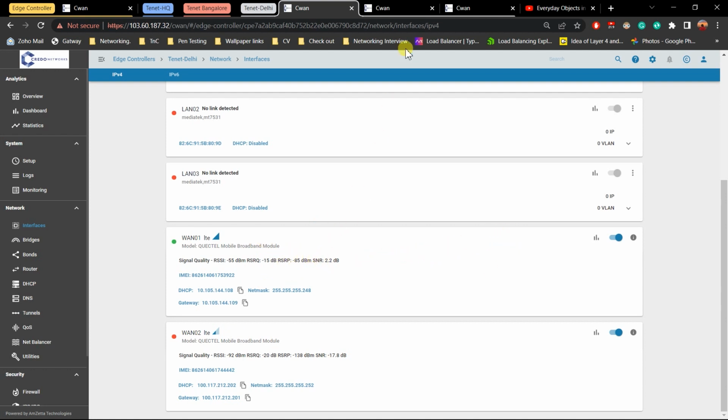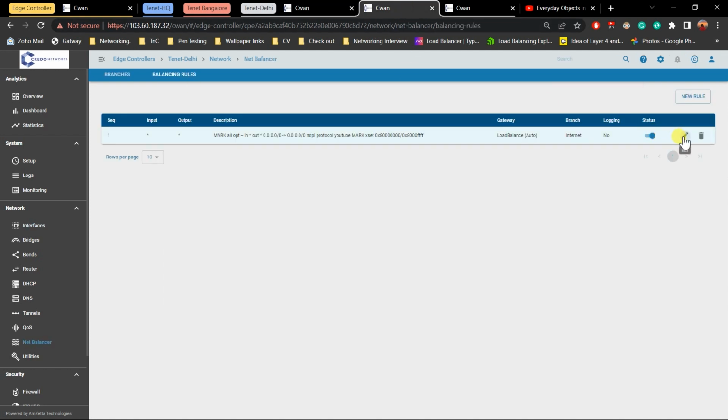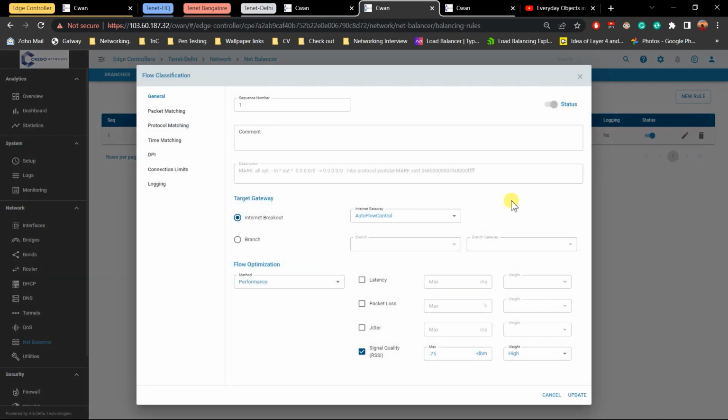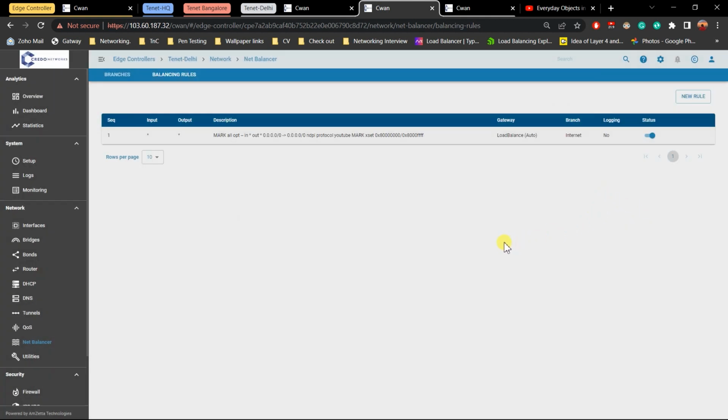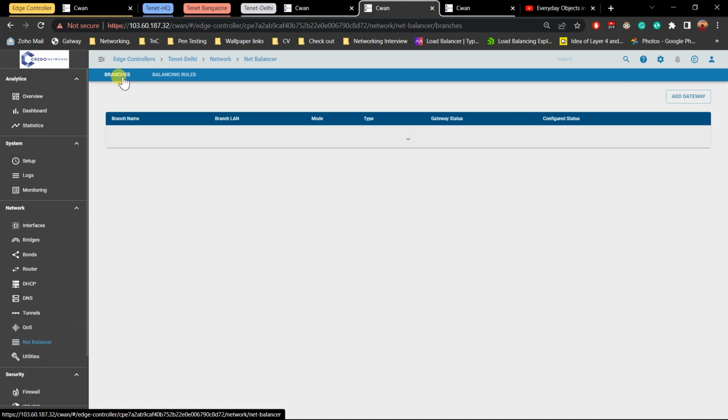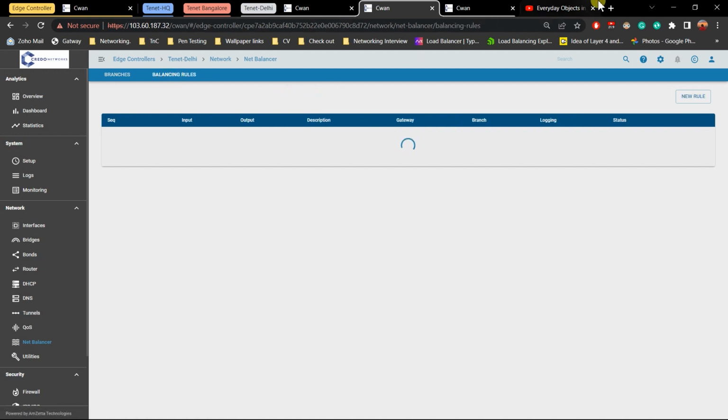So thanks for joining, guys. This is how you configure auto flow control. I'll just show it to you once again before I leave. This is Net Balancer we go to, and then under Net Balancer, just beside branches, we have our balancing rule, and under balancing rule,